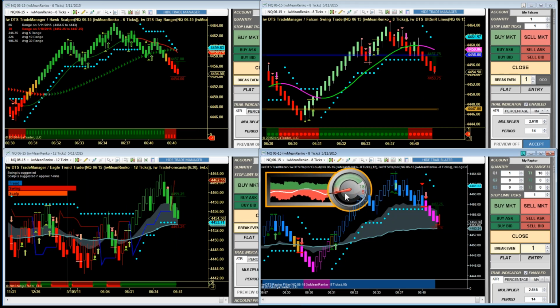You can see our Geiger counter very bearish at the moment. A lot of selling pressure in the market. As we come back into the hard edge on the Raptor and the Eagle,